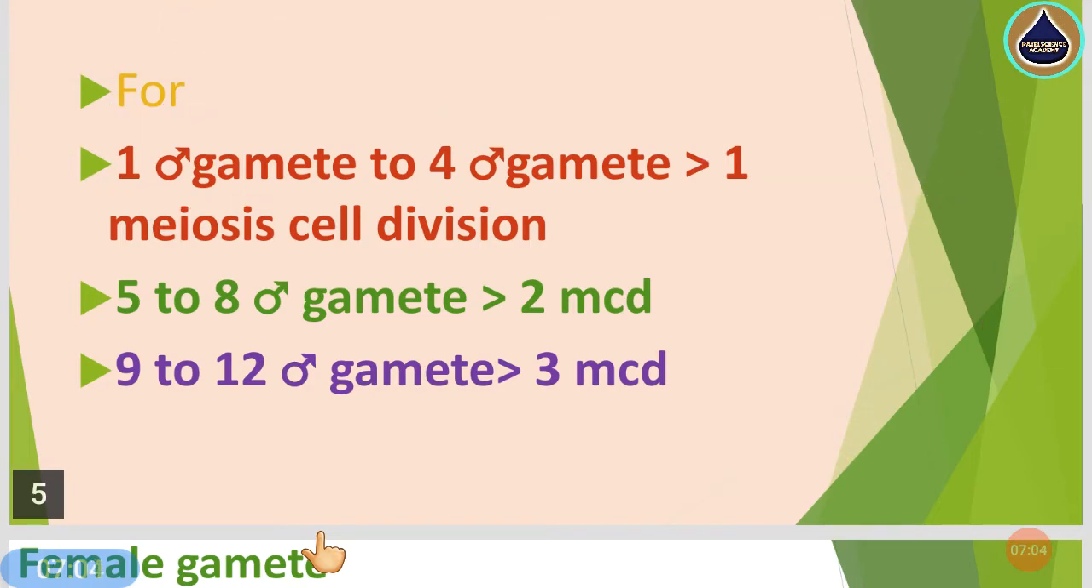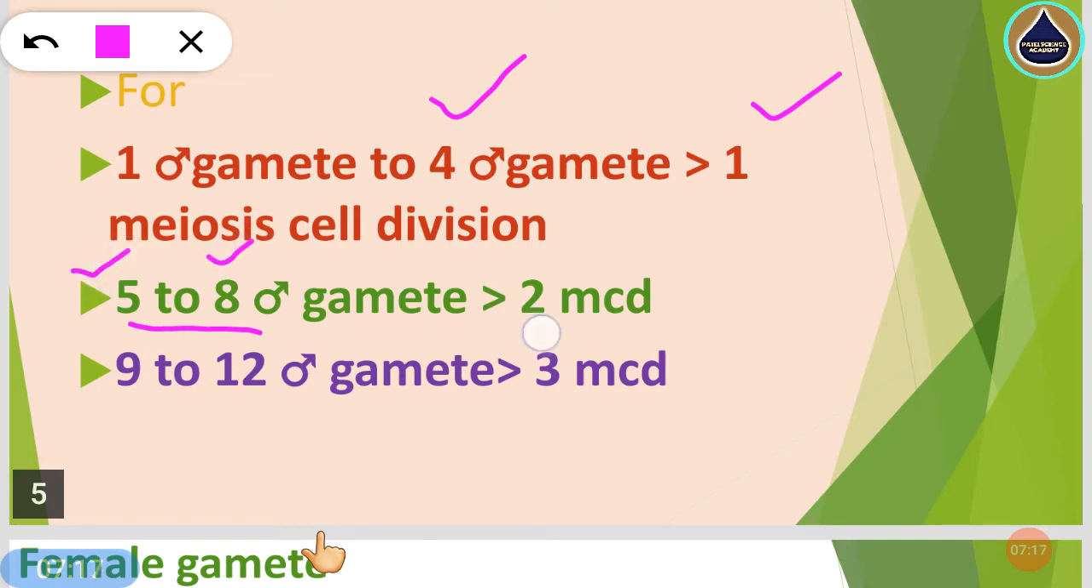Likewise, in the second example, you can see here up to 1 to 4, only one cell division is needed. Then from 5 to 8, 2 meiotic cell divisions are needed. Is that clear? And in the third example, from 9 to 12, for the formation of the male gamete,